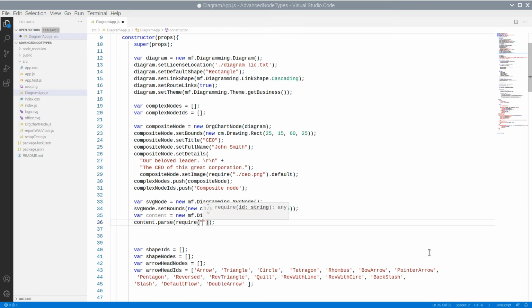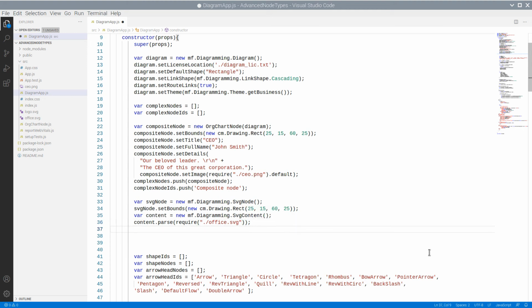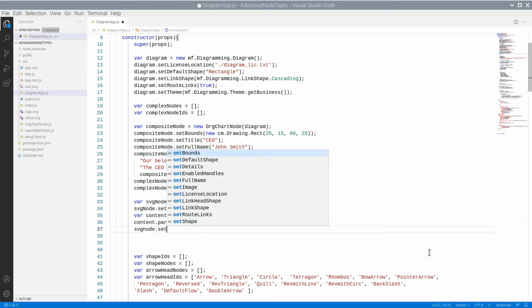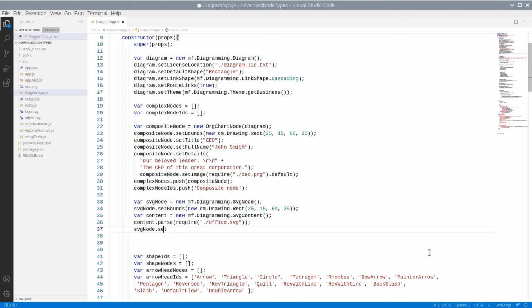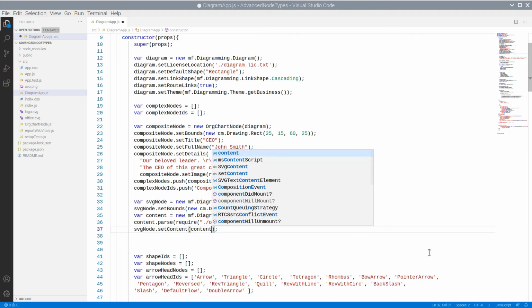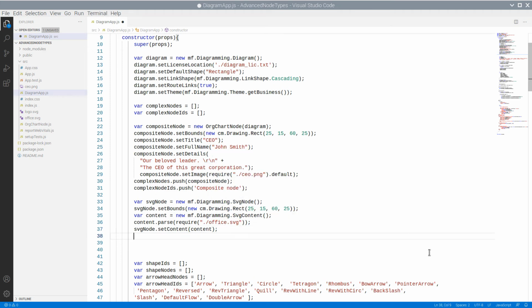We use require to provide it as a parameter to the parse method of SVG content. We set the content to the newly created SVG node and add it to the list with complex nodes.